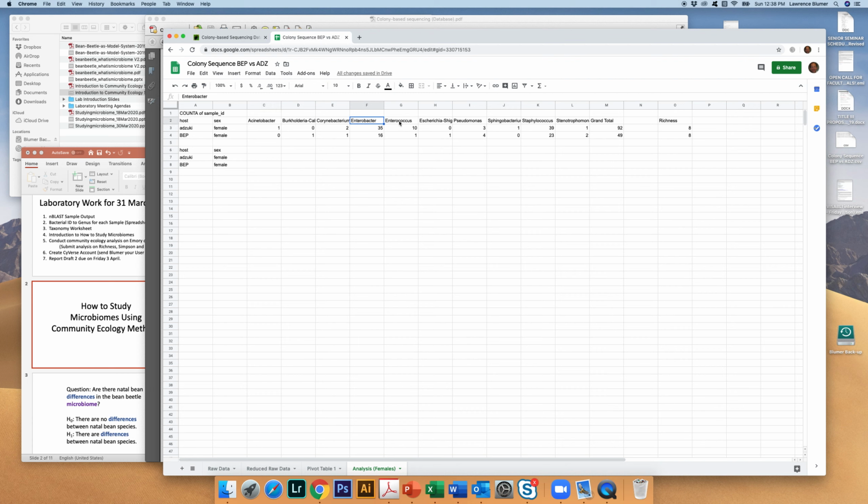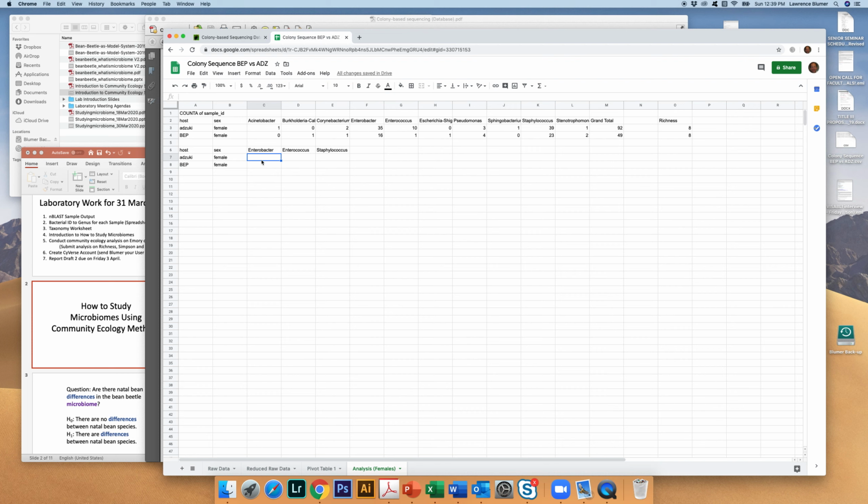So Enterobacter and Enterococcus, I'm just highlighting them and giving a copy command. And then we'll just paste them in here. And then Staphylococcus, I'm giving a copy command and pasting it in here. Okay,